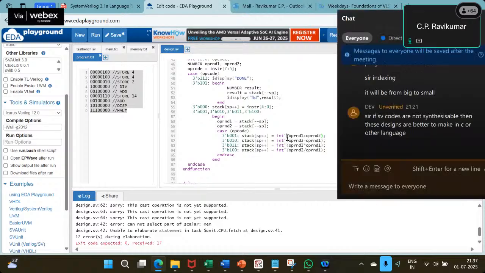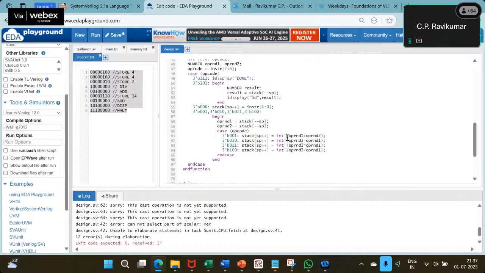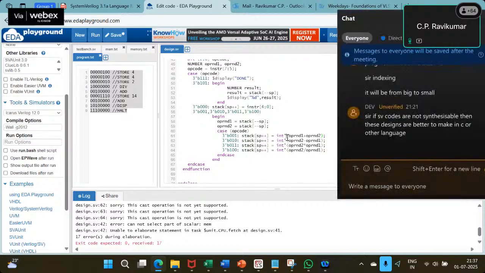So it has no problem in fetching the operands, but when I store it back, it is complaining. Why? Okay, maybe I will do it like this. I will say result equal, okay, result equal to